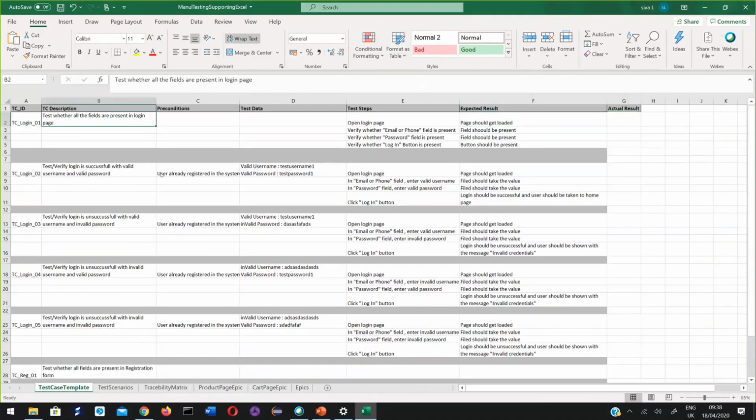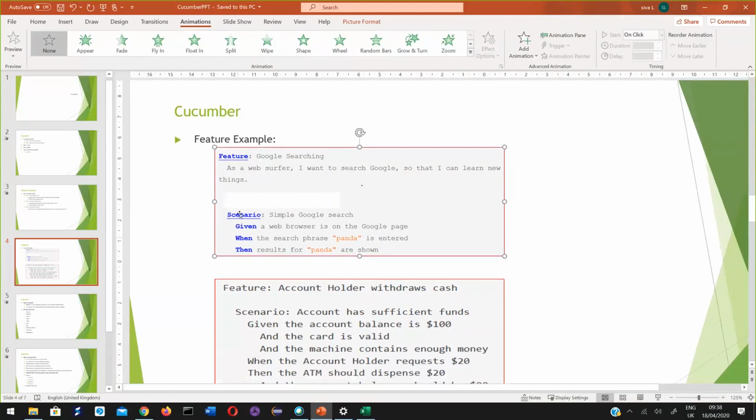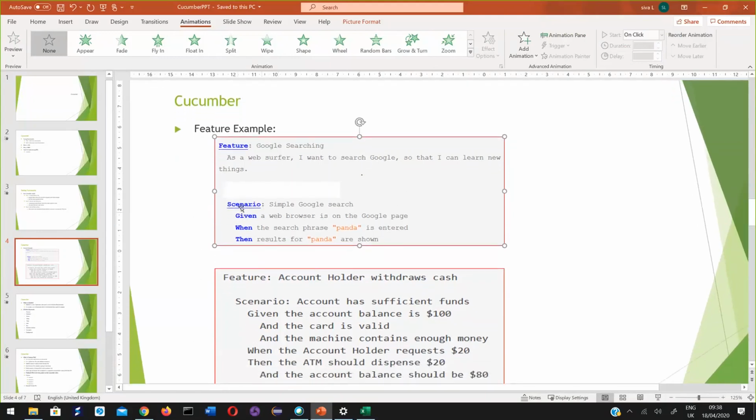So that description is this simple Google search. Now given a web browser is on the Google page, when the search phrase panda is entered, the results for panda are shown. This is one example of a test case, which is called a scenario in terms of Cucumber.